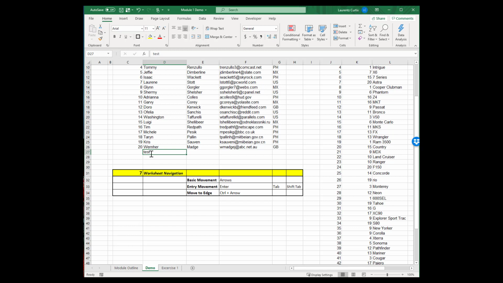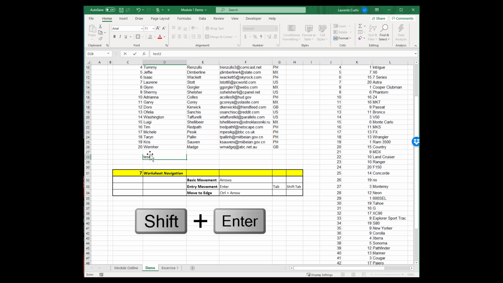So let's say you just entered this test and you want to go down to the next cell and then you write test 2. Well, what happens if you decide that wasn't supposed to be test 1 right above? You want to edit that. You would press Shift+Enter to go back up a cell and then you could type over that. So really,